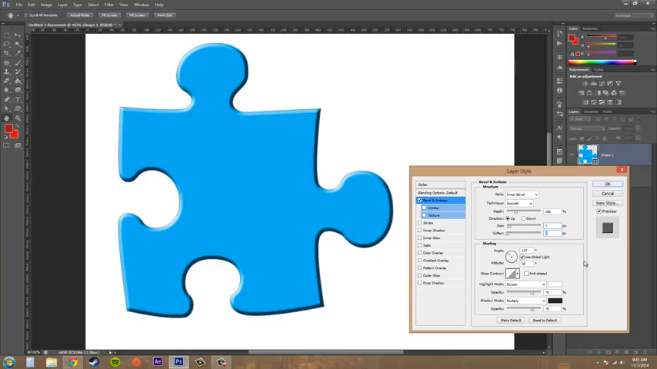Let's go down here to the shading section. Now, shading, we've got the angle here,